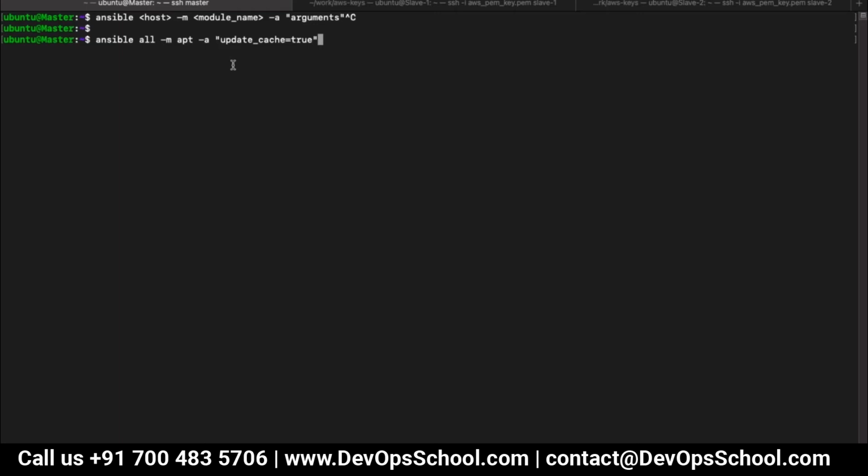Here you need to use hyphen b, or else hyphen become. Become means you become a root user, because you know about the permission issues on Linux systems. For example, if you are an Ubuntu user, you might not have all the privileges root has, right? That time you use sudo. You remember that? So for that you will say become. So if I press enter,